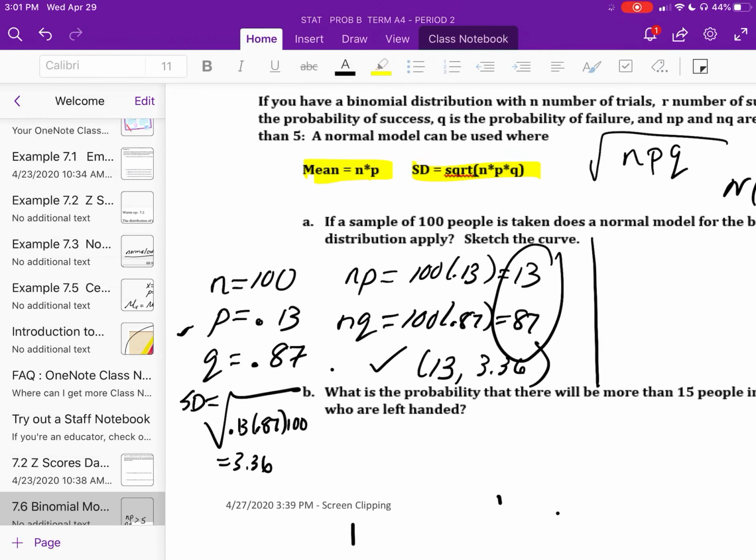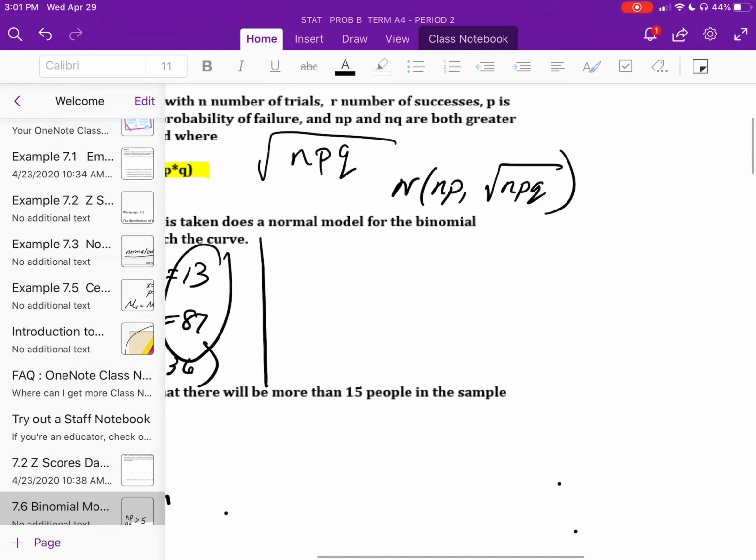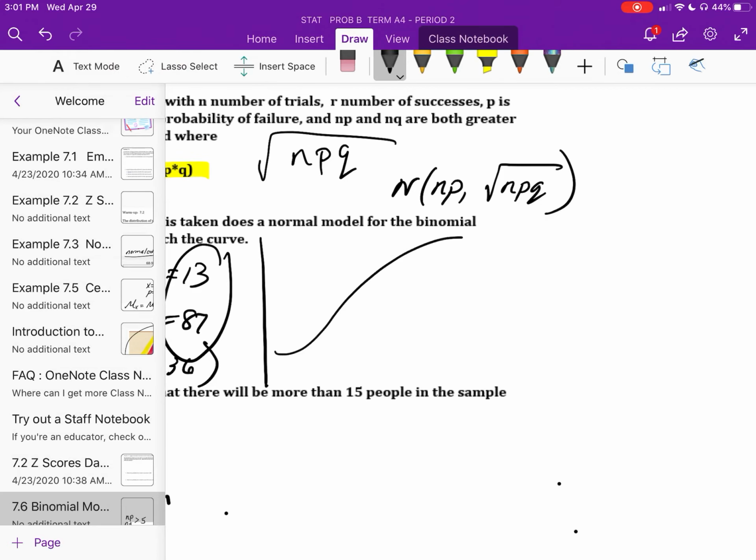So if we wanted to sketch that model, the middle of the model is going to be the mean. So the average number of people we would expect out of 100 to be 13. And if we start adding 3.87 to the right and subtracting 3.87 to the left, we would end up getting our model, right? So this would represent 68%,